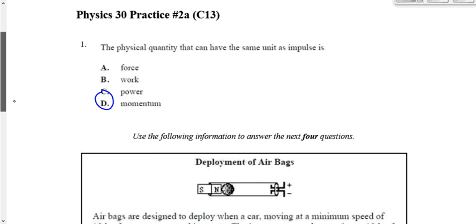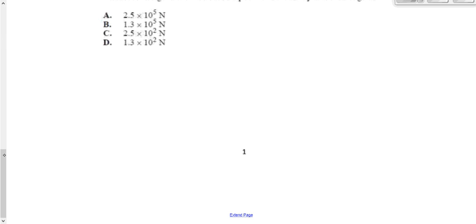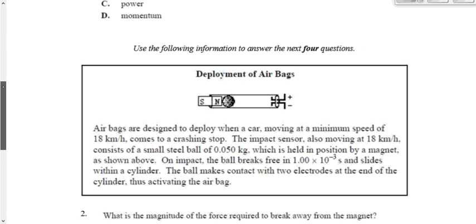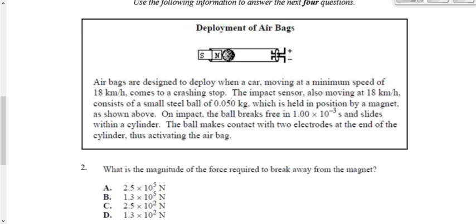Next question. This is where it starts getting a little bit harder, these questions here. There's a scenario here with 4 questions. It says airbags are designed to deploy when a car moving at a minimum speed of 18 kilometers per hour comes to a crashing stop. The impact sensor, also moving at 18, consists of a small steel ball of 0.050 kilograms, which is held in position by a magnet. It takes a thousandth of a second to break free, connects with 2 electrodes at the other end, completes a